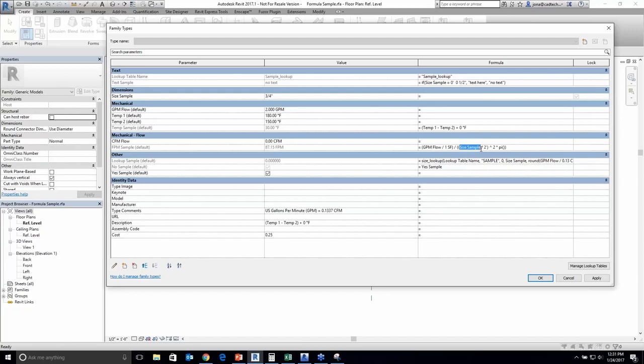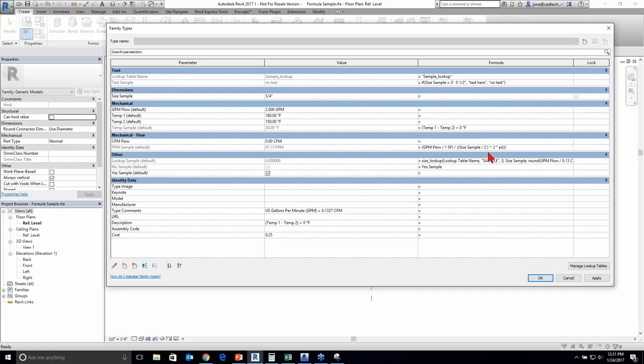Now I'm taking my size sample and I divide that by 2, but it automatically put in feet. Neither one of those is correct. So if I actually delete these out and said divide by 2 so that I can square it and then multiply by pi to get my area for that cross section,